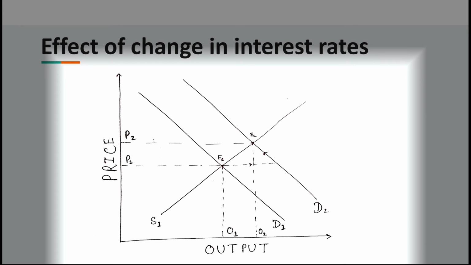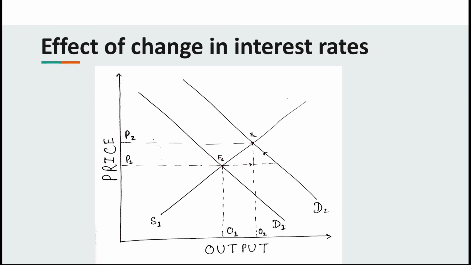From the graph, we can clearly see that price levels at E2 are greater than price levels at E1. This is inflation, by far the biggest drawback of low interest rates. If this inflation is not controlled using the right measures at the correct time, it leads to hyperinflation, which is a disastrous condition for any economy.